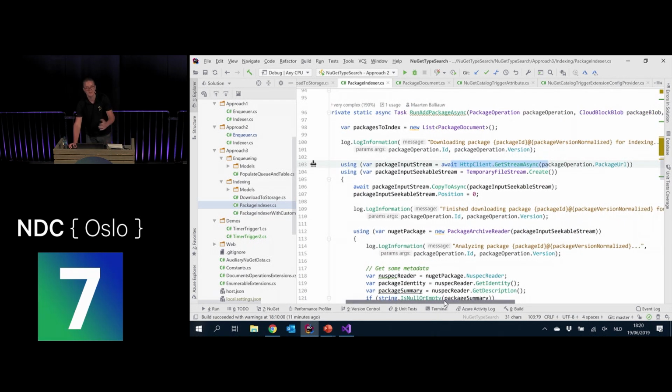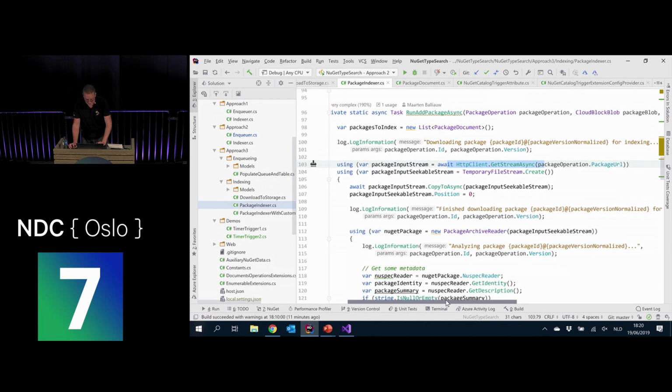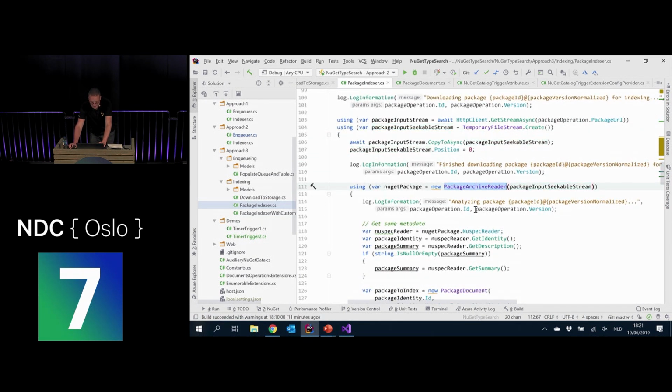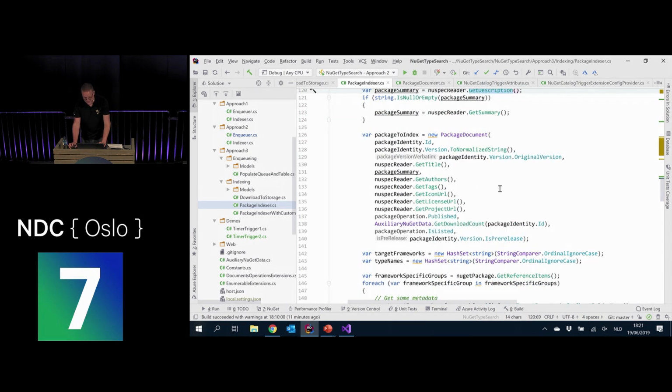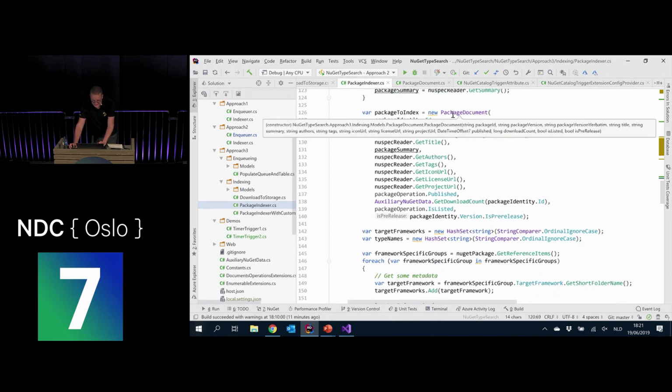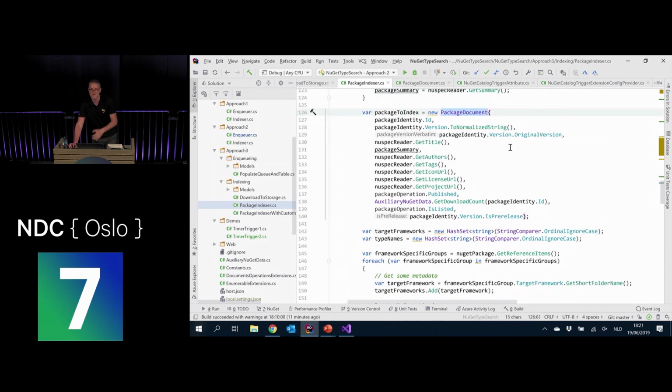So we have the zip file containing all of the assemblies and so on. Then we open up the stream. We use this package archive reader to get access to all of the assemblies, but also to the metadata of our NuGet package. So we get the identity, description, package ID, package version, title, authors, tags, etc. And we already add that into a package document, which is eventually the entity that we want to index on